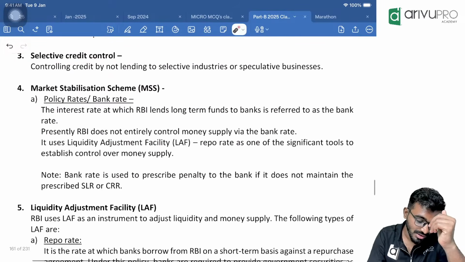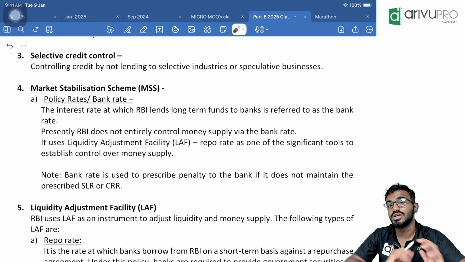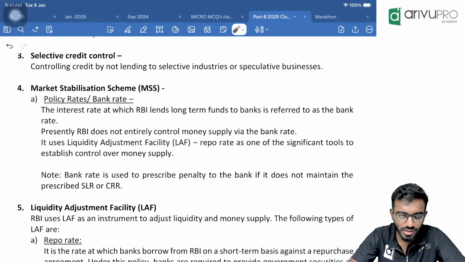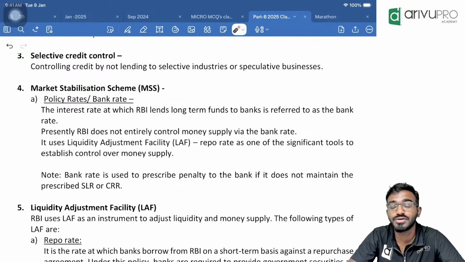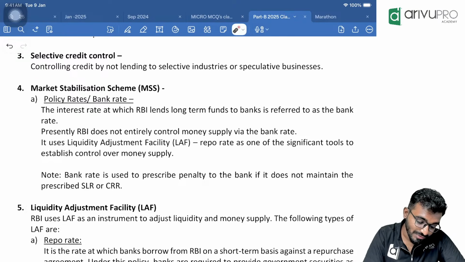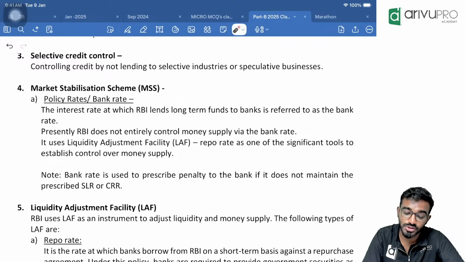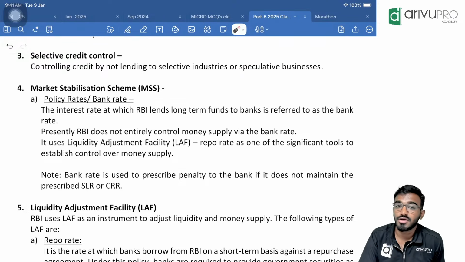Morally pressurizing. Selective credit control: for which business to give a loan, for which business not to give a loan. So go and take a loan for CA, CS and CMA coachings. You will never get it. For engineering, BCom and all, you will get it. Even though you are unemployed, you are going to get it. They know how to recover it back. But for competitive exams and all, we don't give a loan. Like this, for what purpose loans are to be given, for what purpose loans are not to be given. For speculative purposes, gambling, betting, loans cannot be given. So RBI will decide and select the credit terms. That means only for selected industries and specific businesses, not for every business. Speculative business and all, they don't give a loan.